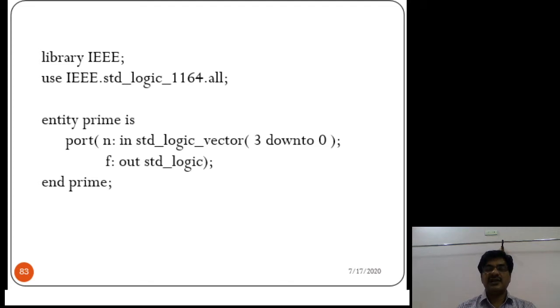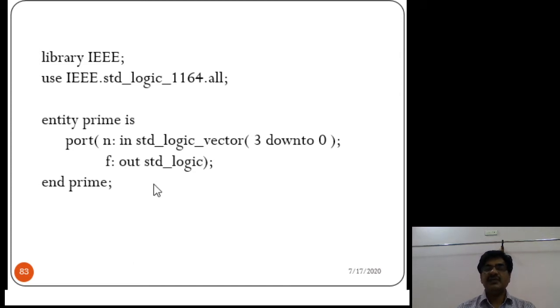One of the standard libraries in the language is IEEE, which is made open using the word library. From that library we are using a package called std_logic_1164. With the help of use, you can extract that package and make all its declarations open to our design. That is